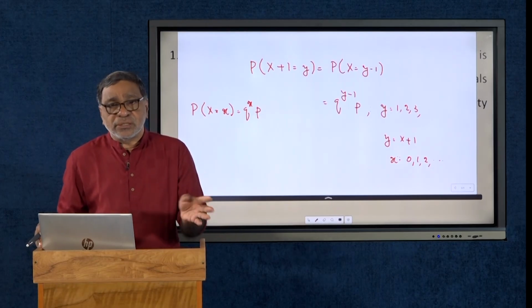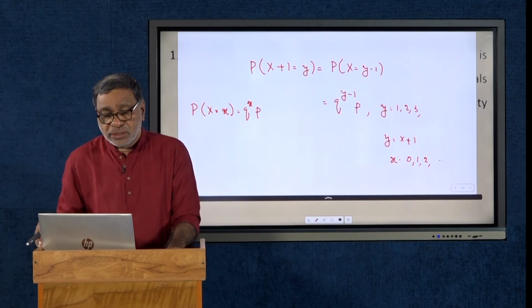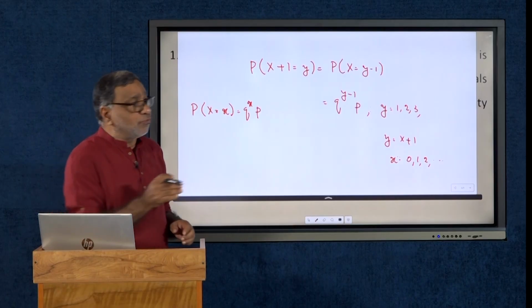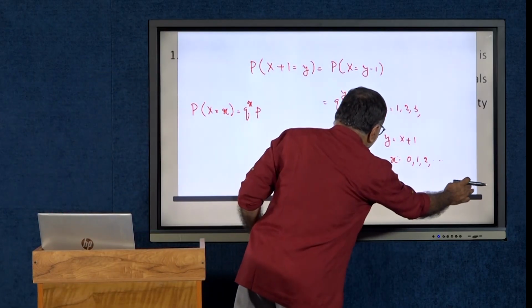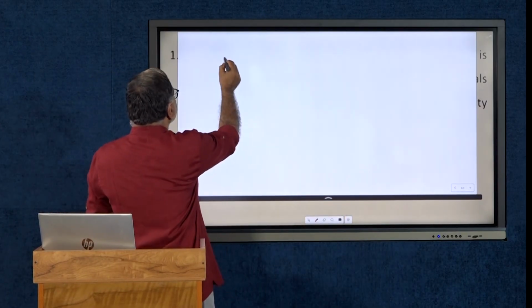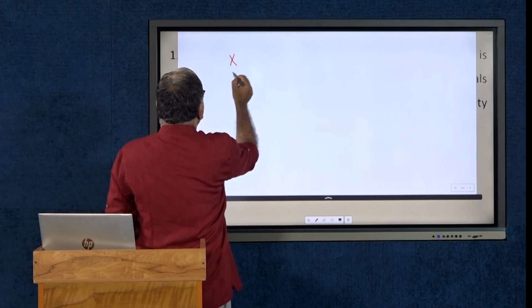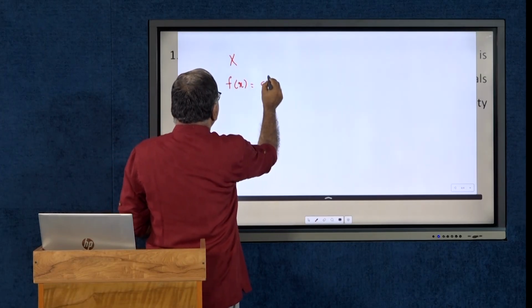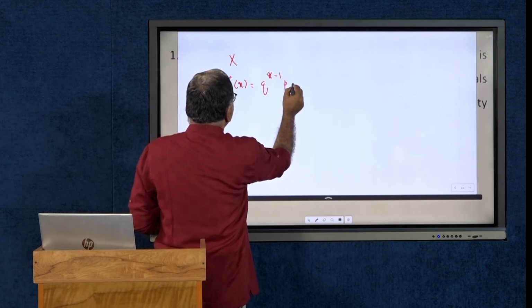So, in both cases we call it the geometric distribution. The question here is to find the mean and variance of this random variable. How do you find the mean and variance? Suppose x is a random variable having f of x as q power x minus 1 into p,